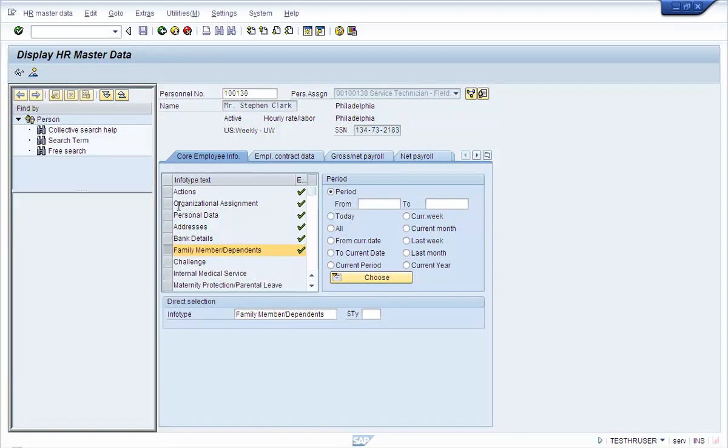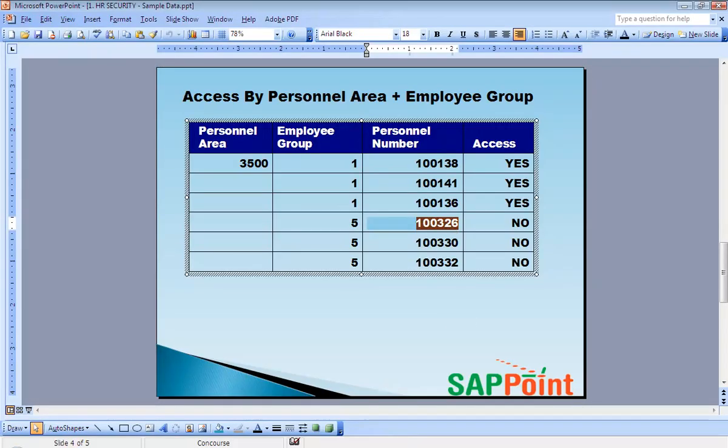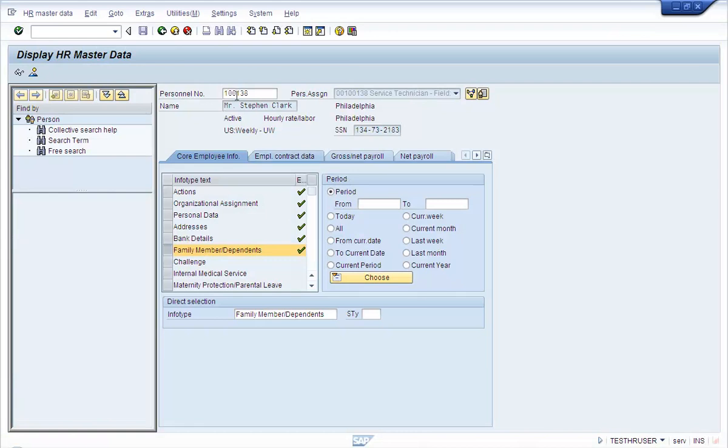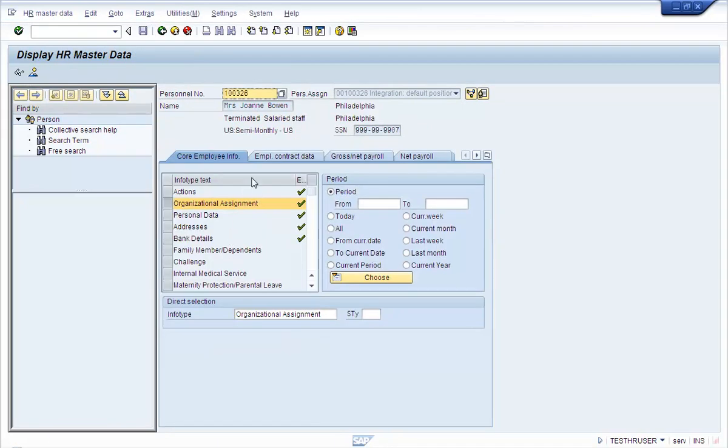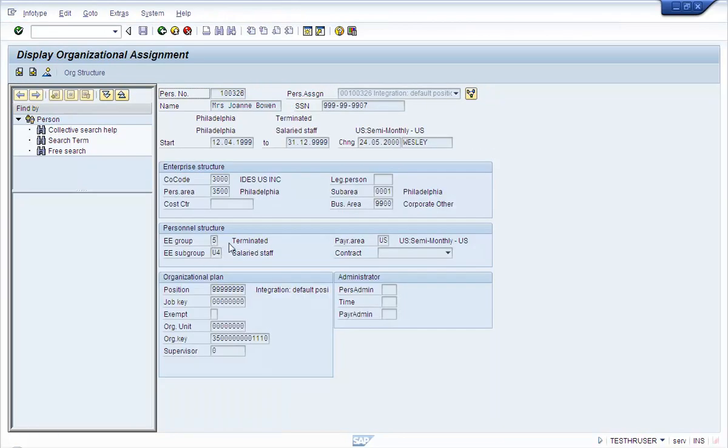Right now I can see all of them, because if I take 326 for Z test user and check, I can see the data. 326 belongs to employee group 5, that is terminated.